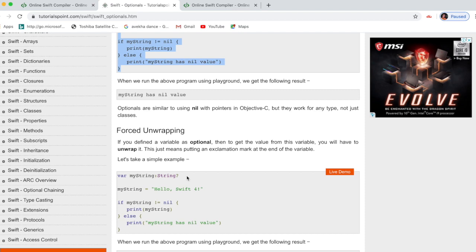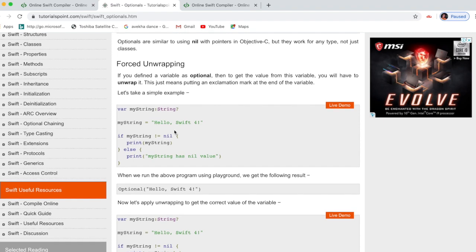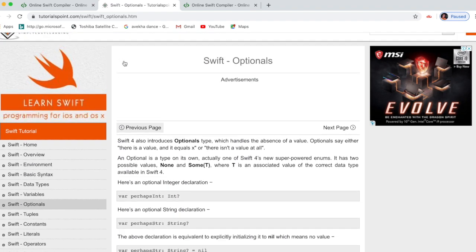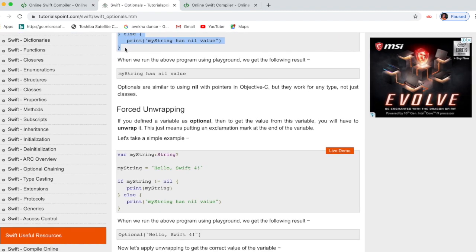Next is about forced unwrapping. This is about the optional. And next is about forced unwrapping.